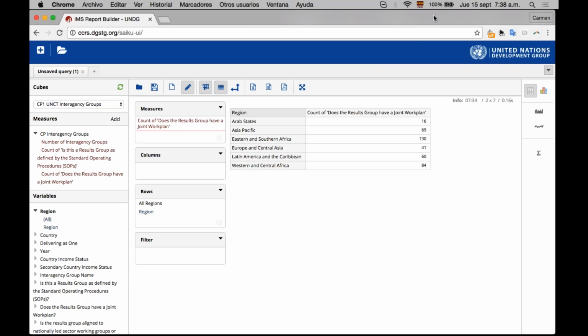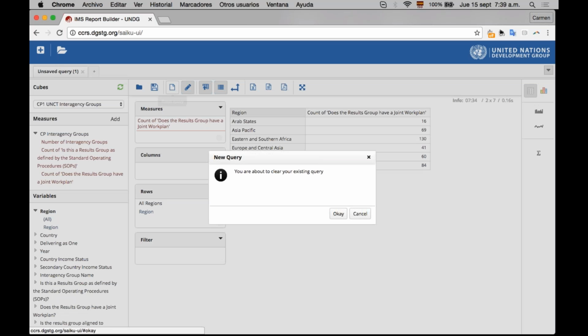I'll be explaining today how to save a report and how to create a chart from that report, and also, if we have time, I'm going to show you some elements that allow you to manipulate the data to display it in different ways. So, I have this data today in the report, and let's say that I want to restart my query or my report.